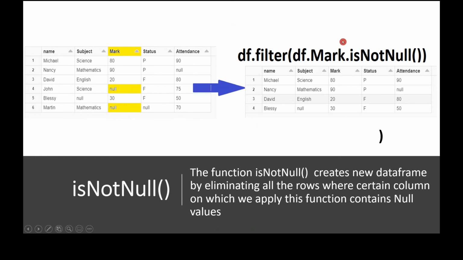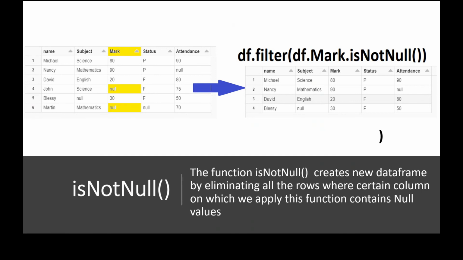When I apply isNotNull, it will eliminate these two records and return all the remaining records. So in the output, we don't have records 4 and 6. isNotNull basically returns all the records where the value is not null for a particular column.